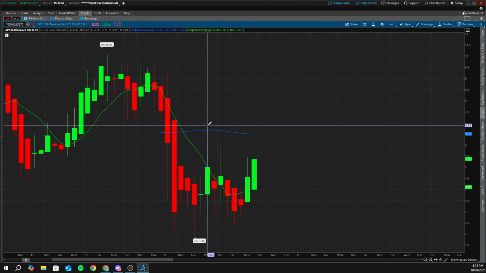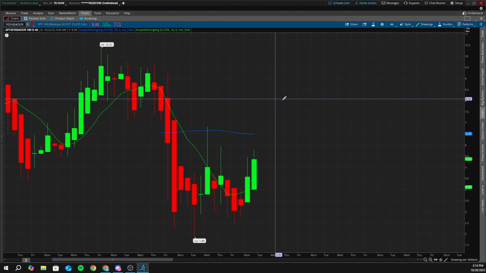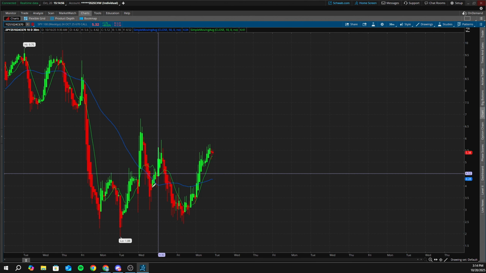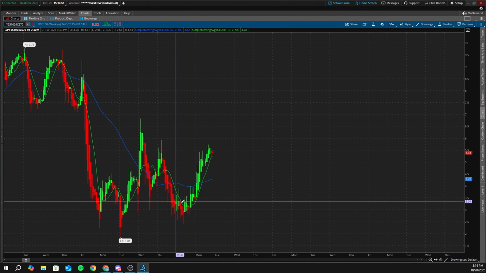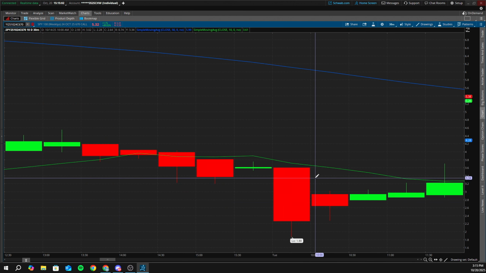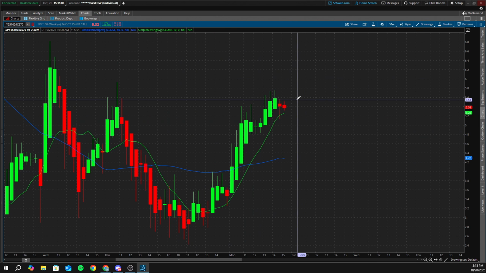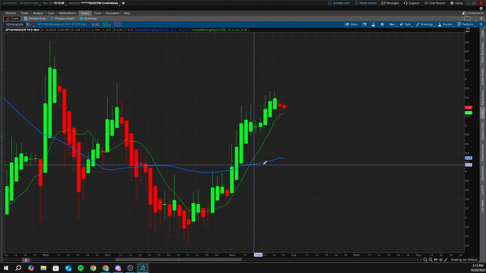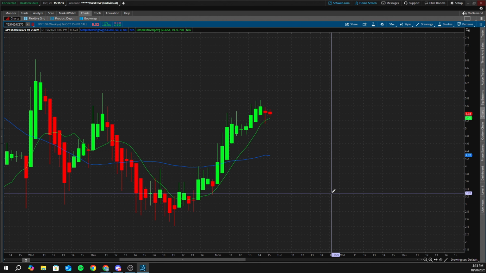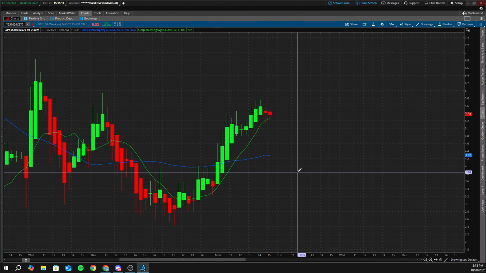And we already tested it back in here, so if we come back up to it, I'd imagine it's going to break, and we're just going to end up ripping higher. But we're going to have to see how price action goes the next day or two. But for now, I'm bullish as long as this 10 SMA is above the 50. And price remains above the 50. If this 50 SMA is a little weird right now, it's sloped down, so who knows, maybe we do get a drop. I'm not sure, but as of right now, I'm just going to be focused on the longs.